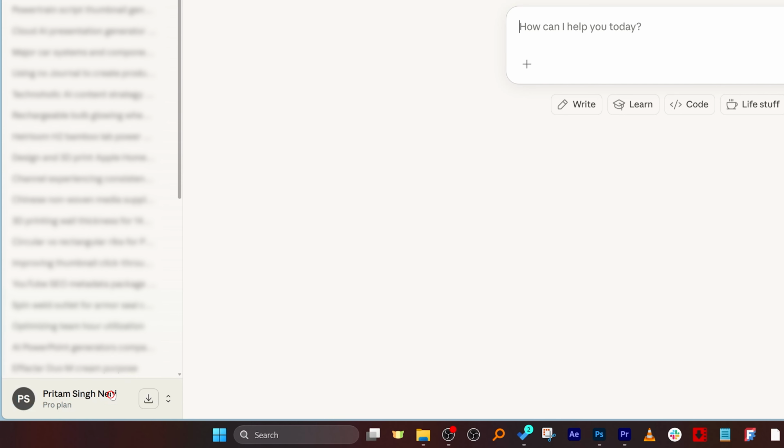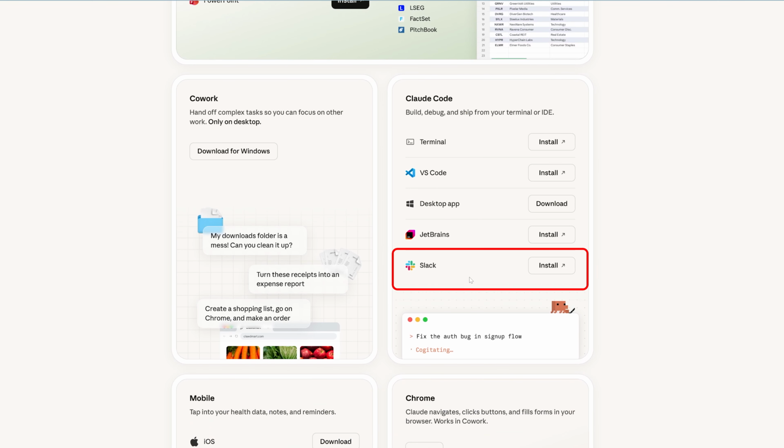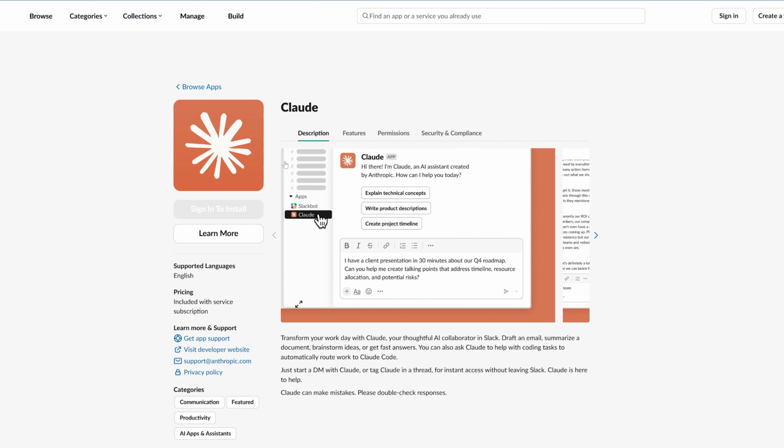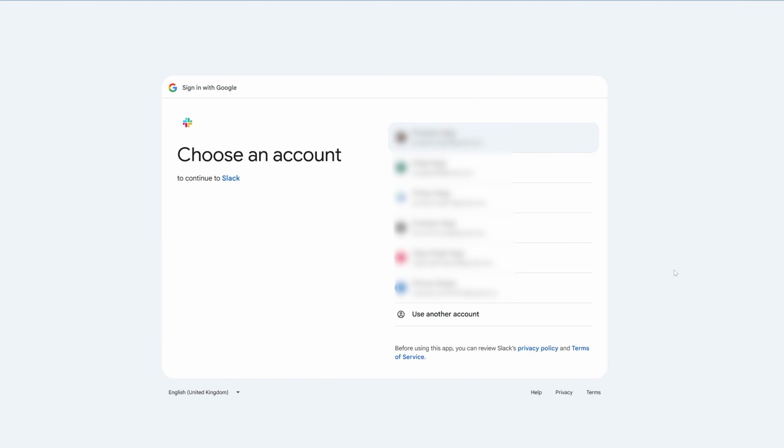Now when you click here on Get apps and extensions, you not only see Excel and PowerPoint, but when you see here Claude Code, you're also going to see Slack. So let's click on it, and now here you can see how this is going to come. Here I'm going to click on sign in so that we can install it, and it actually took us to Slack sign in. Now I'm going to quickly sign in through my Google account